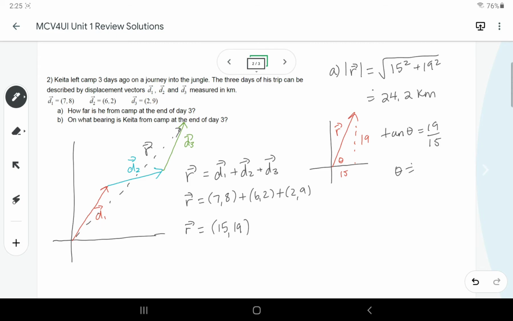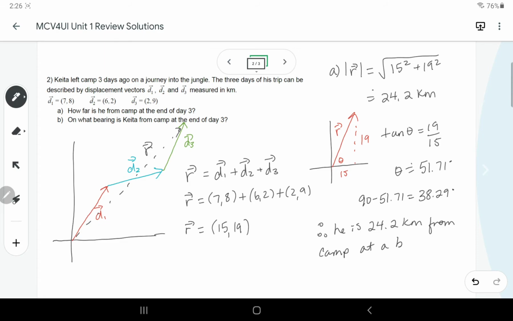So then my angle would be about 51.71 degrees. And when I'm getting bearing, I'm going to want to subtract that from 90, which would give me 38.29. So therefore, he is 24.2 kilometers from camp